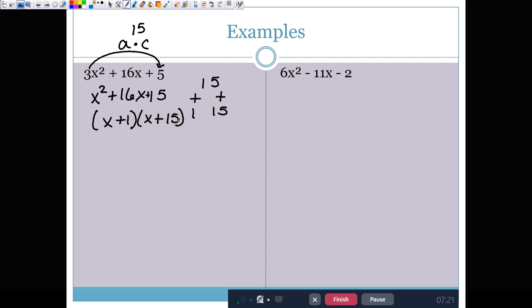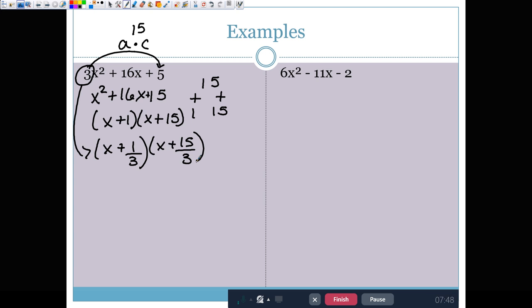Now this is the part that's a little different. I'm going to take my original a. I'm going to make it a denominator in the second part of each parenthesis. Okay? So you should be writing this down. So now that I made my original a the denominator in the second part of each parenthesis, I'm going to